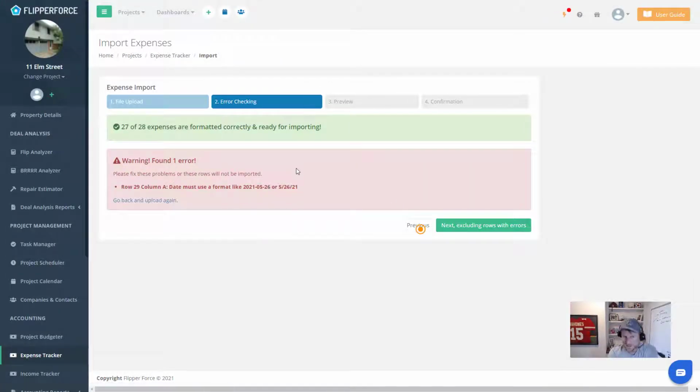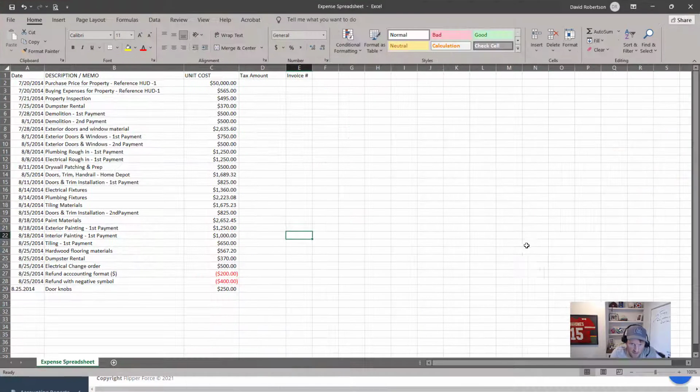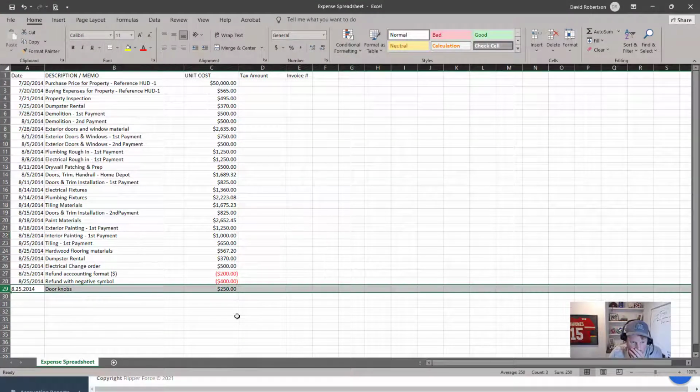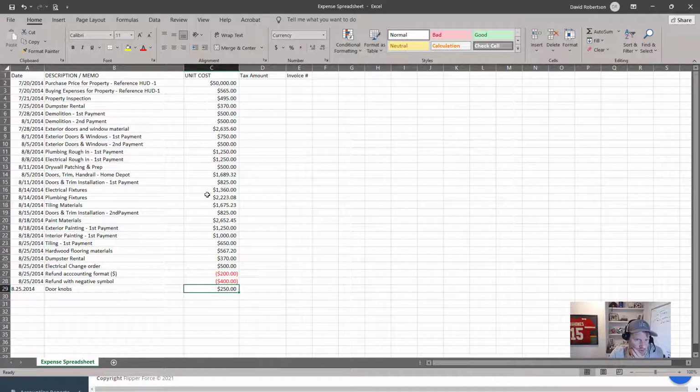And so you can see 27 of 28 expenses are formatted correctly and ready for importing. So it says, warning, we found one error, and that was in row 29. It says the date must use a format like those formats there with the dashes or the backslashes. So you can see if we want that row, number 29, to import, we need to go back and fix